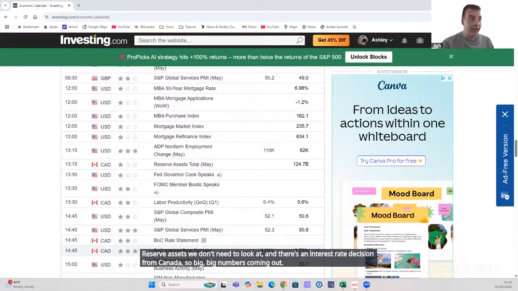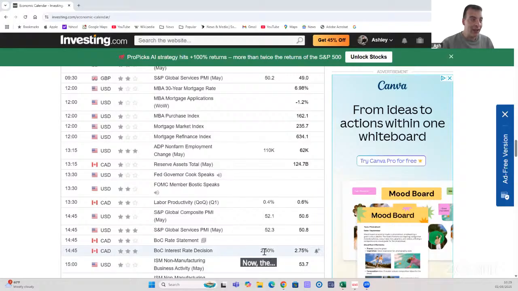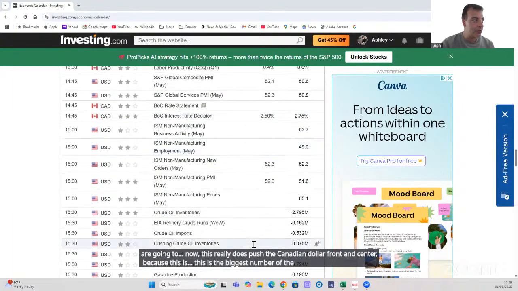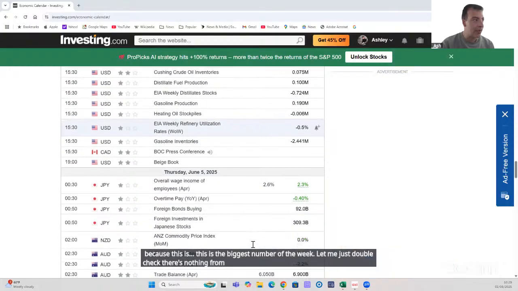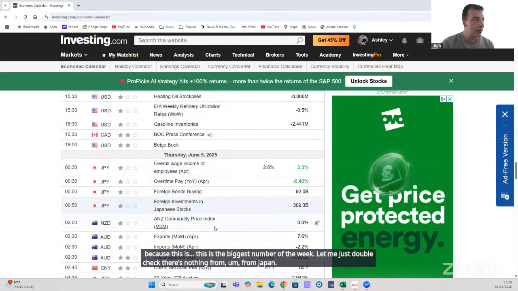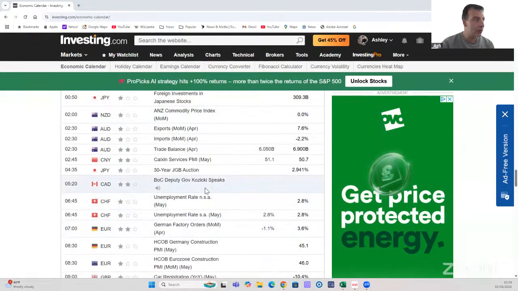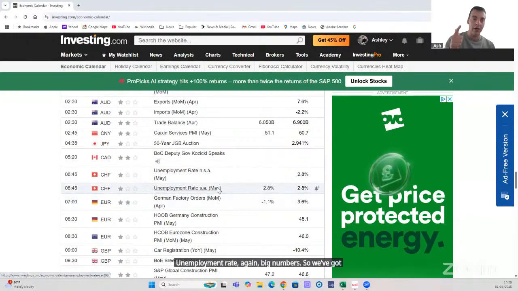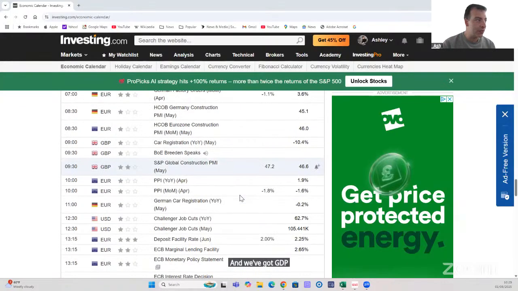Now, the Canadian, the assumption from traders is that Canada are going to... this really does push the Canadian dollar front and center because this is the biggest number of the week. Let me just double check. There's nothing from Japan. Unemployment rate again, big numbers. So we've got CPI, we've got unemployment, and we've got GDP all from Switzerland this week,